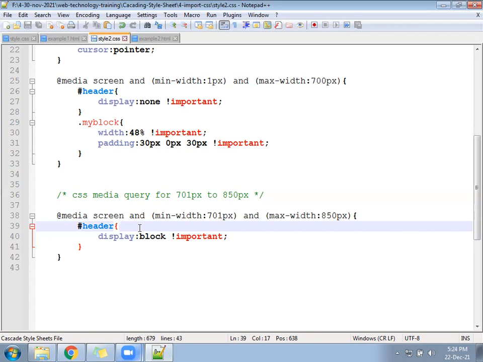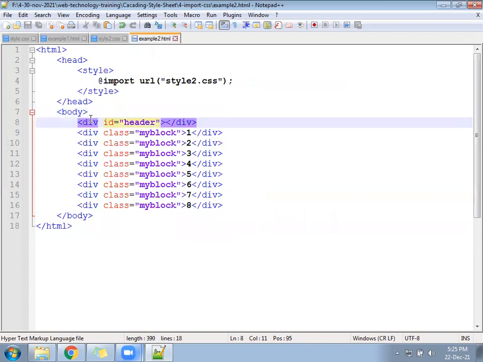Suppose the header you have called for, what is the tag name? Header you are calling for a division, and a division is a block.